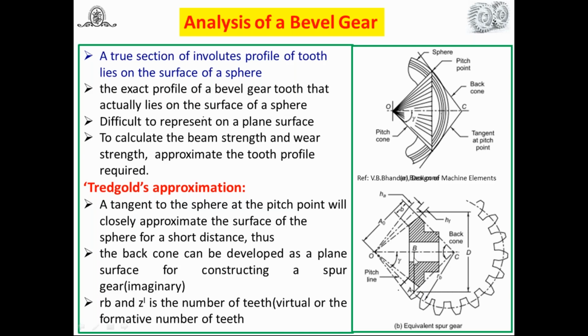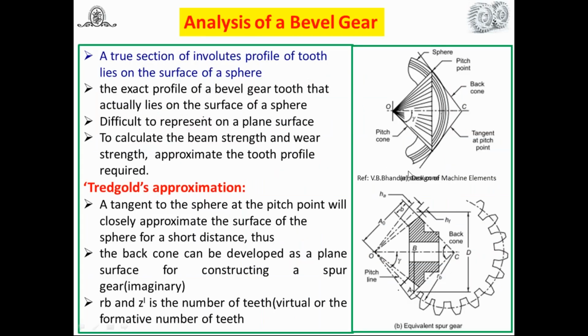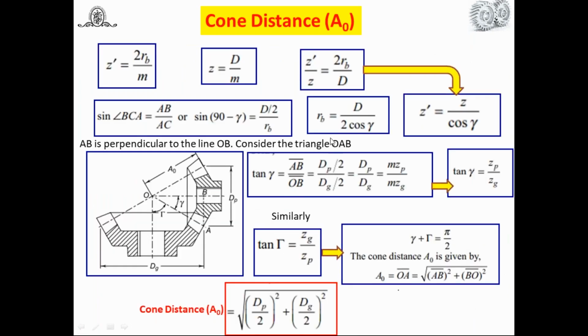By referring to this triangle, look at this here. I have written sine of angle BCA is equal to AB upon AC, or sine BCA is equal to sine of 90 minus gamma. If you refer to the diagram, AB means D by 2. Why D by 2? Again I will show this figure. This AB, the total is D. Up to this you get half towards this side, D by 2, and this side D by 2. Try to understand. So that's why here it is written D by 2.